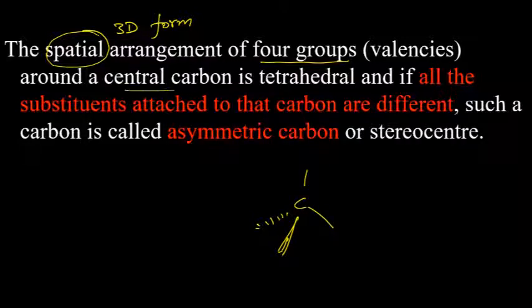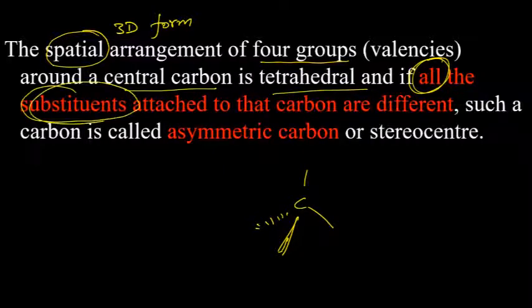Around central carbon is tetrahedral, and if all the substituents which are attached to that carbon are different, means you don't have like A, A, C, D, no, all are different,